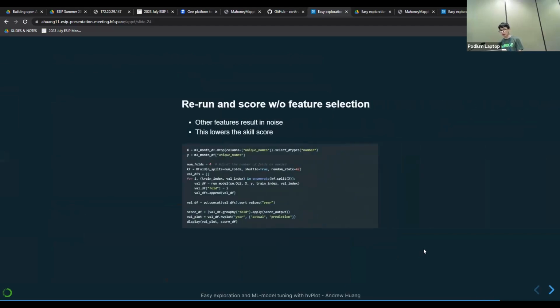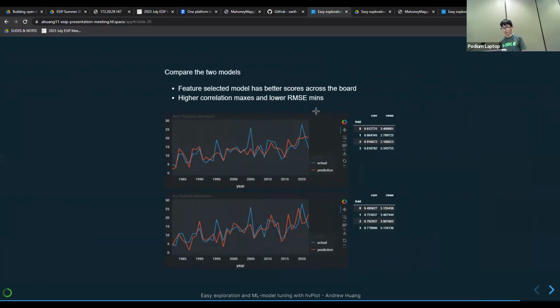And you might be wondering, what if we don't select the features using that hvplot to analyze it? Well, we can try rerunning it without feature selection. So the top plot is with the feature selection, and the bottom plot is without the feature selection. And you can see that the scores are generally lower than the scores with the feature selection. Like the highest for non-feature selection is 0.79, but the highest with feature selection is 0.91. So you can see that manually selecting your features, at least for linear regression, is helpful because it reduces the noise.